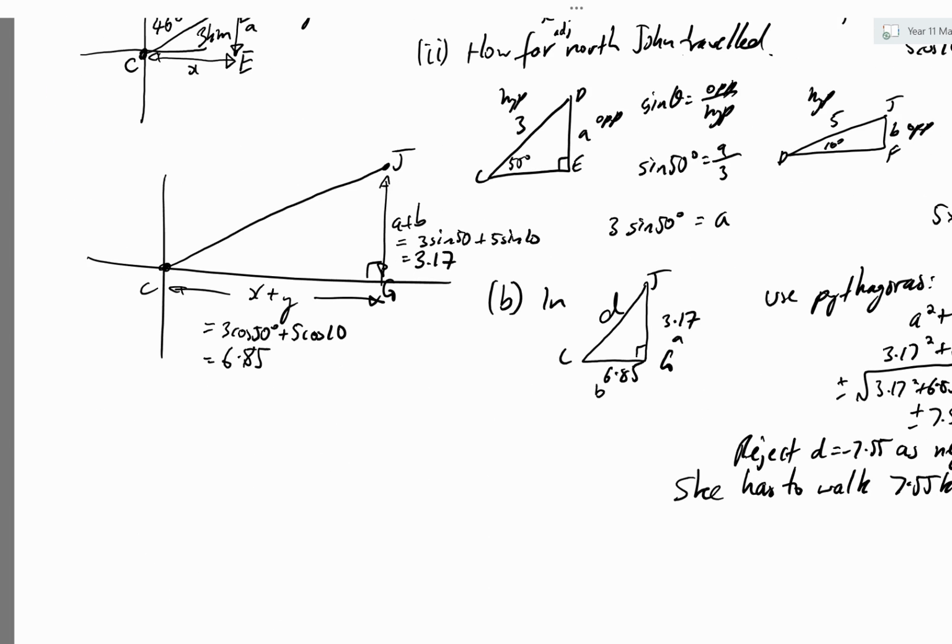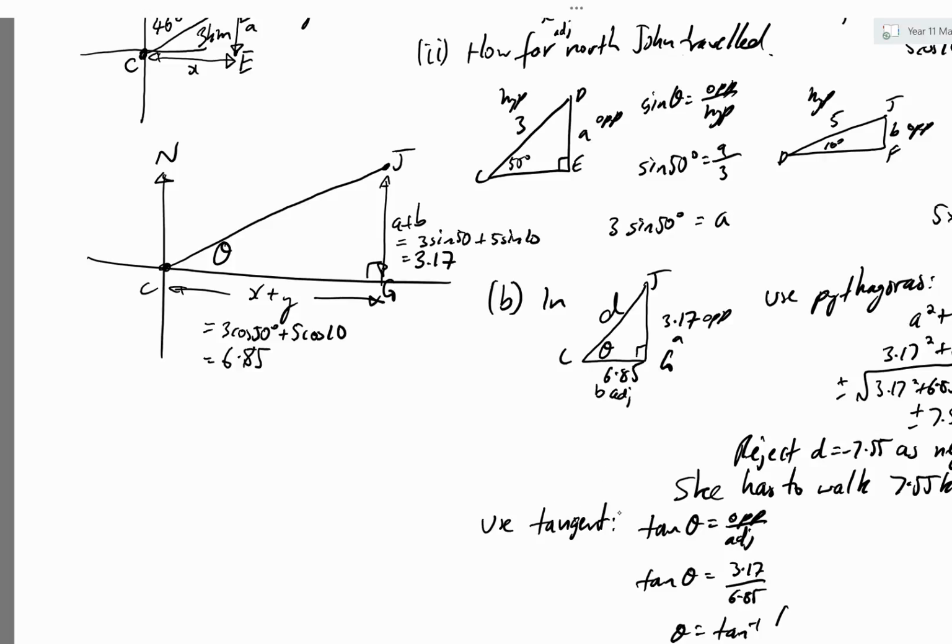And at what bearing, too many words in this problem. Okay, what bearing, I can find this angle. Okay, and that'll help me find the bearing from north. Okay, so I'll find this angle using tan. Okay, opposite over adjacent. The values we know, and now this is the opposite and the adjacent side. 3.17 over 6.85. So that angle will be